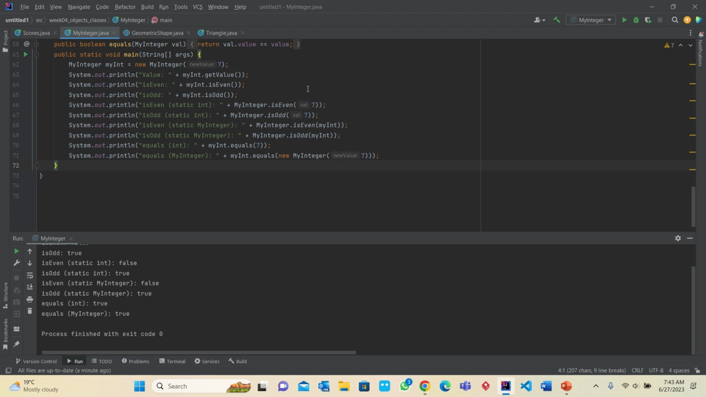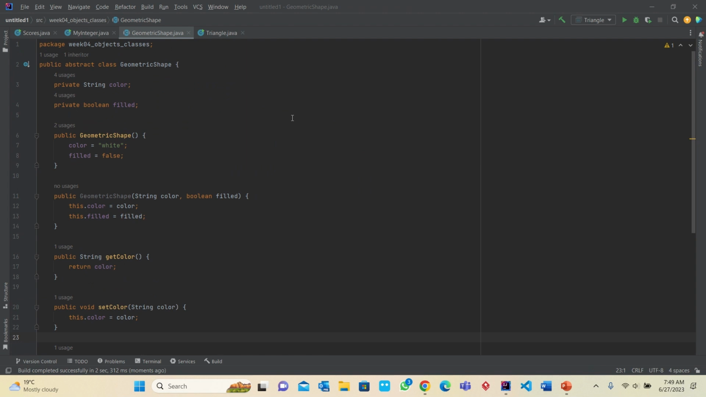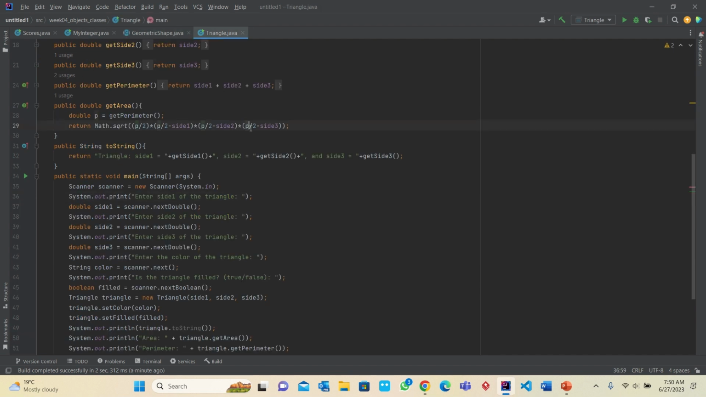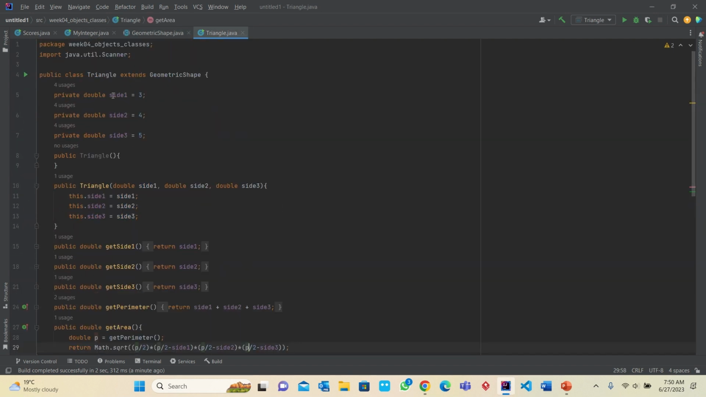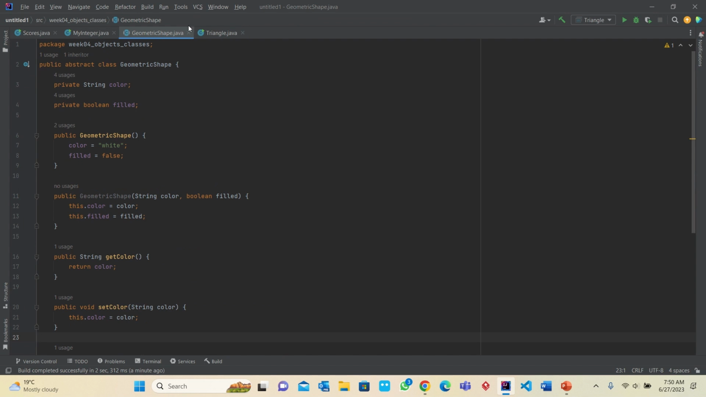Now we will go to the last question, question number 3. In the third question, I had to create two classes. First was the parent class, which was GeometricShape. The other one was a child class, which was using the parent GeometricShape class in it. So in the GeometricShape class,